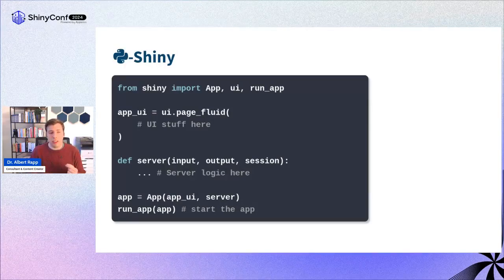But one thing I immediately noticed is that the naming convention in Shiny for Python is actually very nice and a nice improvement from R Shiny. Now, all of the things that are related to the UI, like UI elements, action buttons, input, any inputs, any pages, any layouts, all of that stuff is in the UI module. So you type in ui dot, and then if you want to have a page, you do page underscore. We'll later see that if you want to have an input, you will do input underscore and then something else.